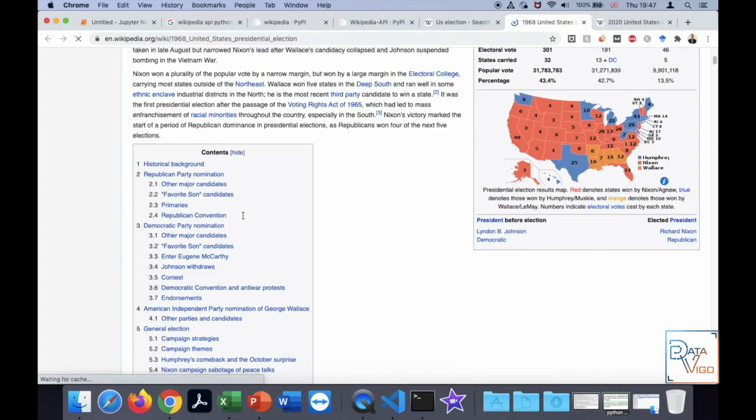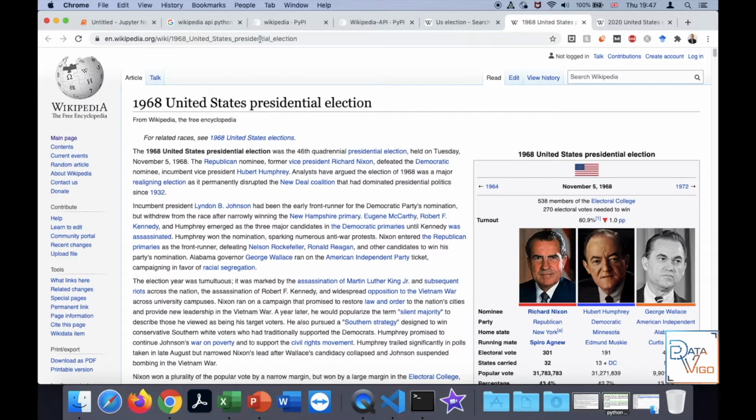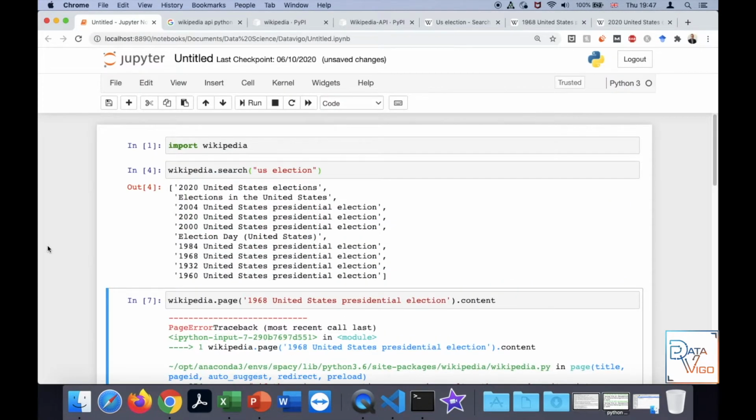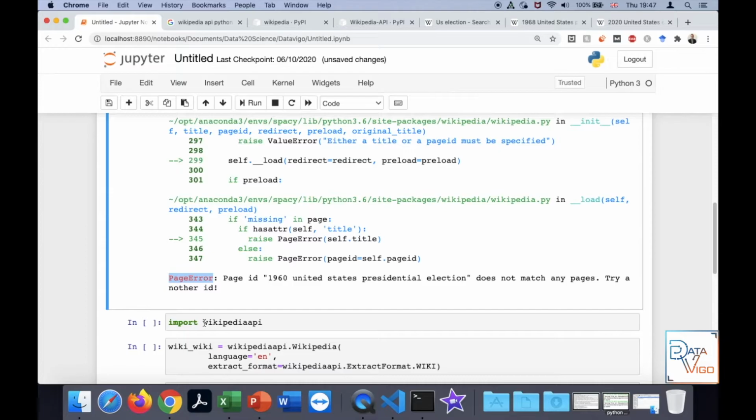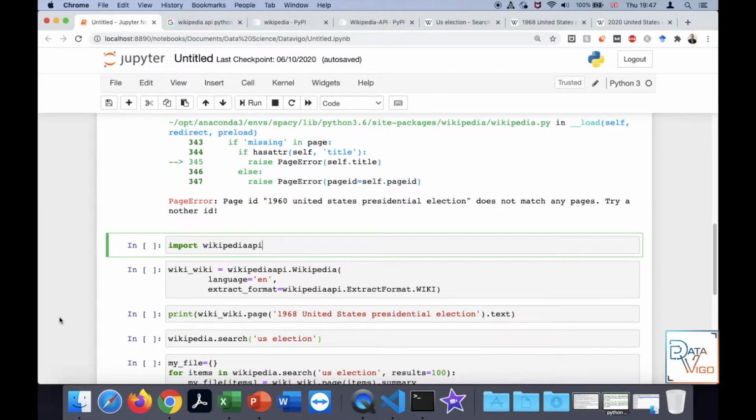I'm not sure why it is showing you the error, but I was thinking on how to resolve this, and then I realized that if I use the other API, which is called Wikipedia API instead of Wikipedia, then I may be able to get around this issue, which, you know, I could figure out how to do it.